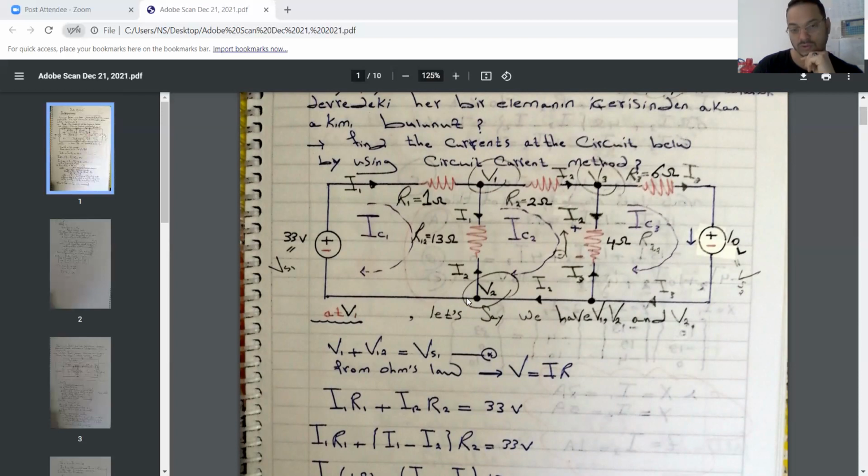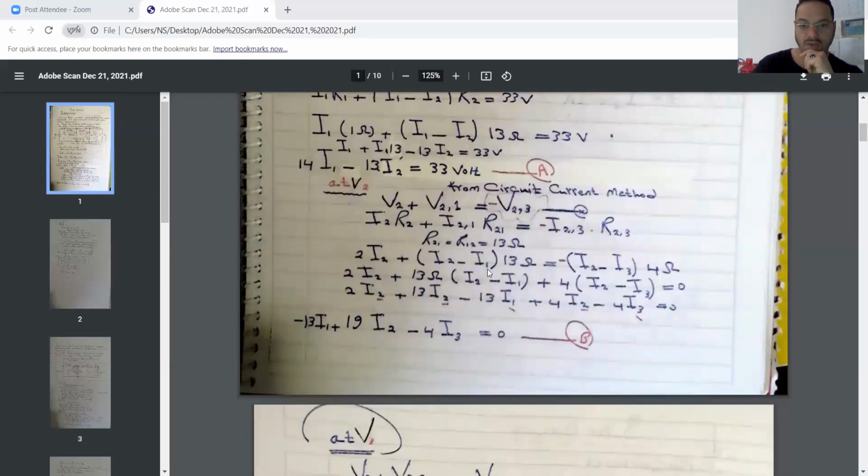And from Ohm's law, V equals IR. Now, to simplify this equation again, like the previous one, it will be